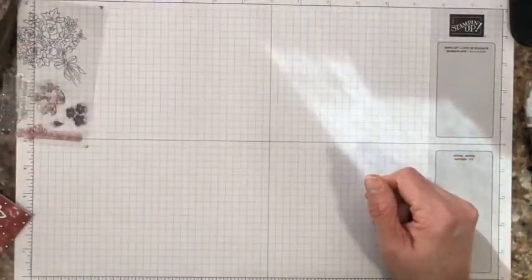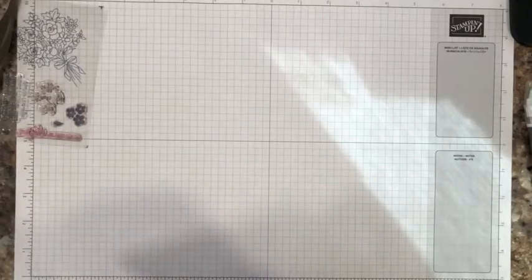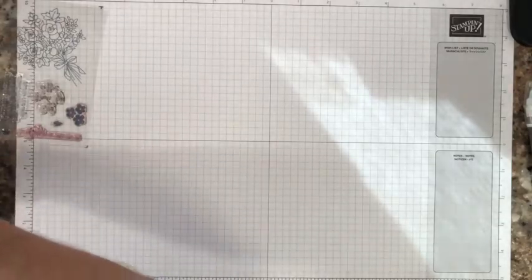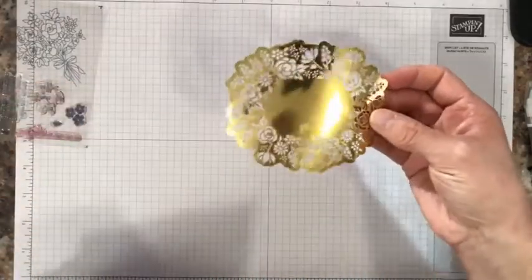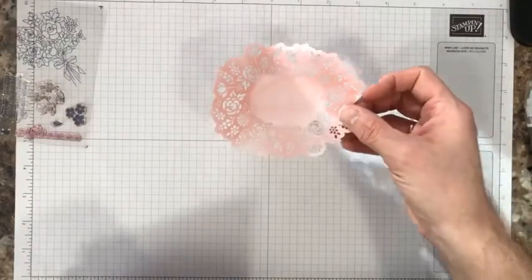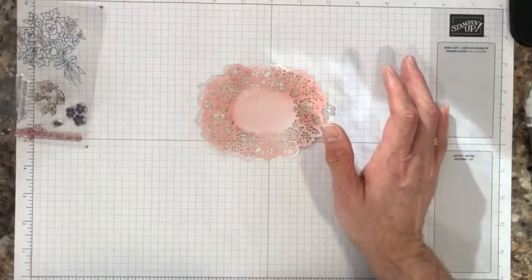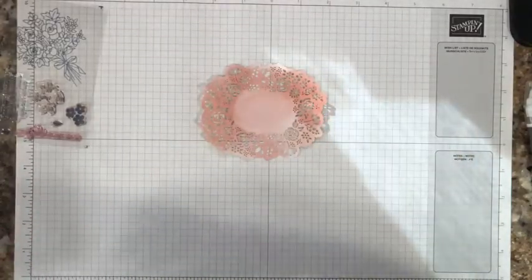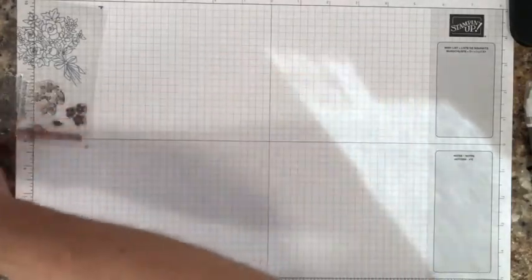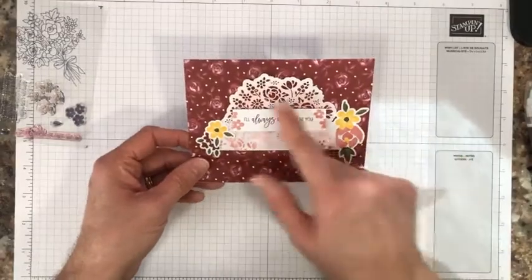Love that. And I think this card I did this morning, and Cheryl had mentioned this gold piece. There's the gold piece in full, but on the back side, it's white. So we were talking about using it as a stencil, and then Lori ended up making one using it as a stencil, and I absolutely loved how it turned out. So I'm going to show you how to do that with that foil piece,